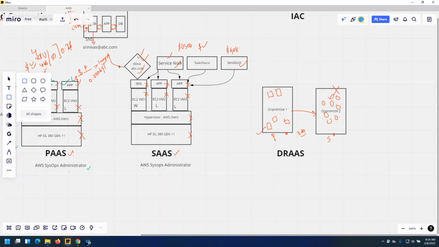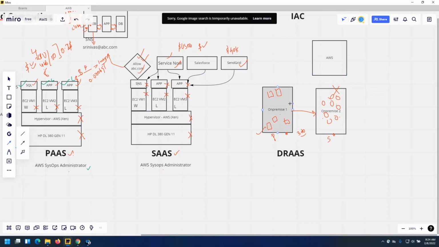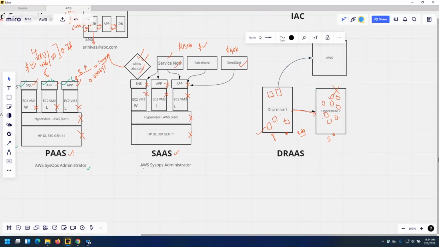Instead of that, I want to move to AWS, so that whatever data I'm replicating currently, from next time onwards, or maybe during the next project takeover, I will configure the secondary as AWS, and whatever data is being dumped here will automatically synchronize to AWS.